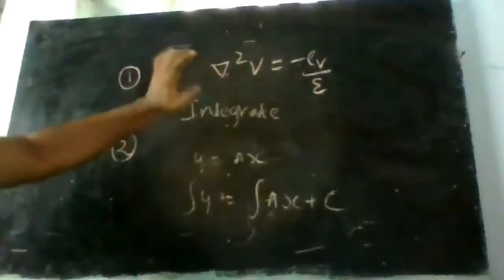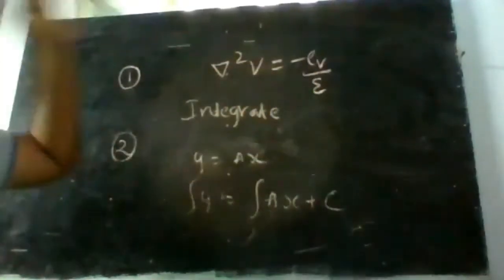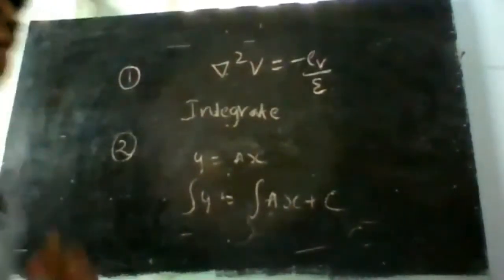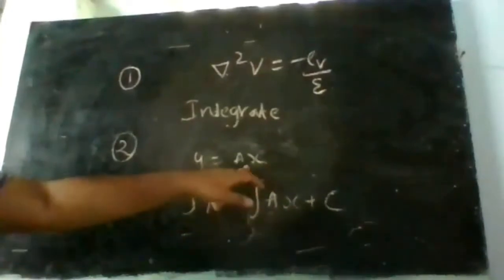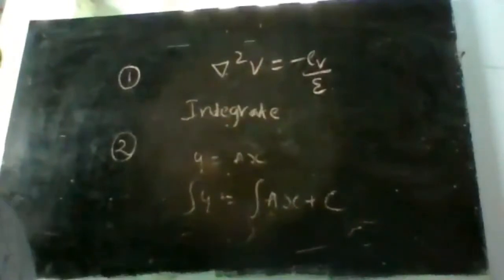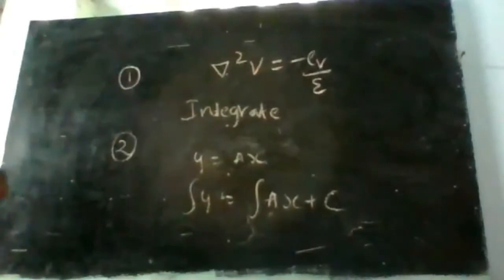So we'll start with either del square V equals minus rho v by epsilon, or del square V equals 0. Take the del value in the appropriate coordinate system and then integrate it. When you are integrating, assume the necessary constants of integration. That means when I integrate, I get the integral plus some constant of integration. Because it is a double differentiation, we have to integrate it two times, and we will get two constants.